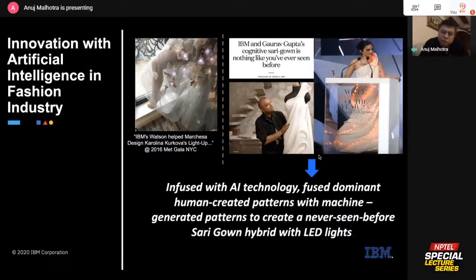Can you imagine that technology can help you design dresses and gowns and all of that? In 2016, there's something called Met Gala, which is actually a gala. It's a who's who. It's like the Oscar of fashion. It's only by invitation that you get there, and people, women specifically, are dressed absolutely beautifully. And they show up in this gala, right? This is for the Metropolitan Museum of Art in New York, the largest museum in North America, actually. They have something called a Costume Institute, and they host this event every year. And it's a big party.